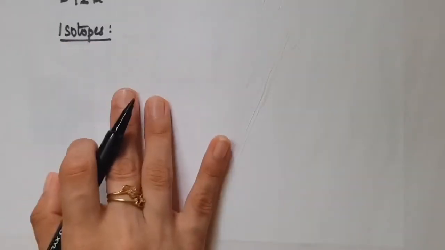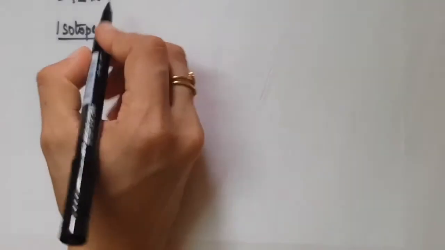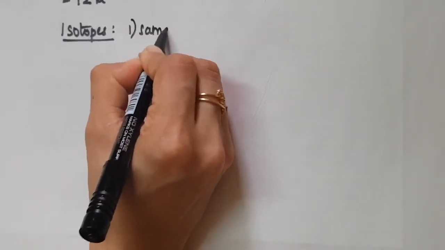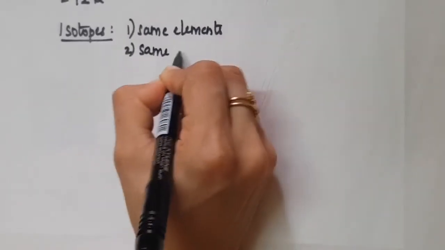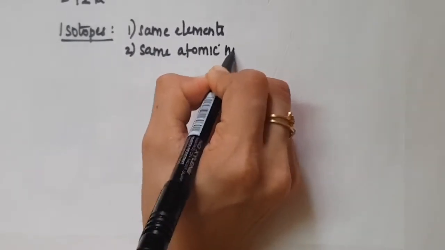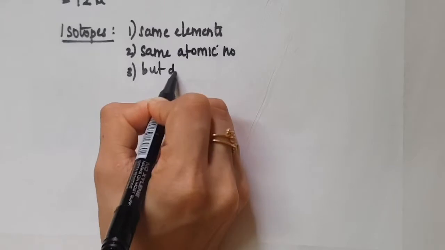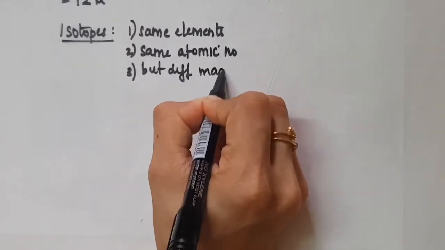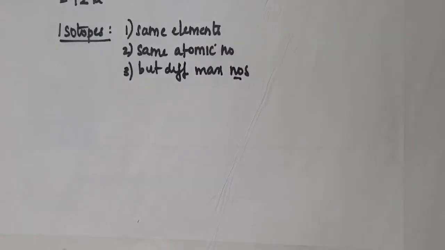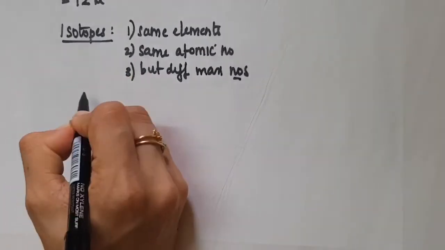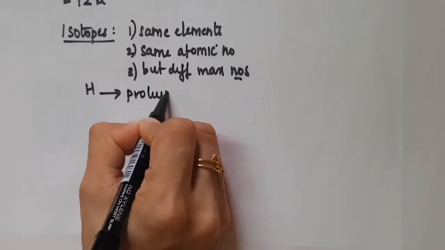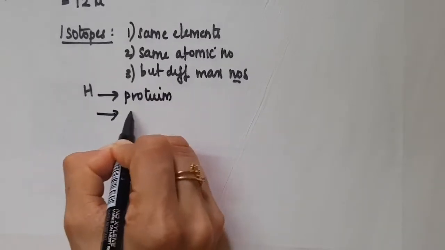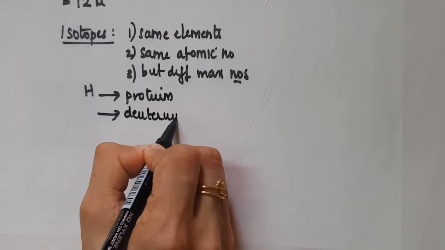Moving on to isotopes, they are the same elements having same atomic number but different mass number. So what you have to keep in mind is that they are same elements, okay. So they have the same atomic number but different mass numbers, okay. So for example, let's say the isotopes of hydrogen are protium, deuterium and tritium,